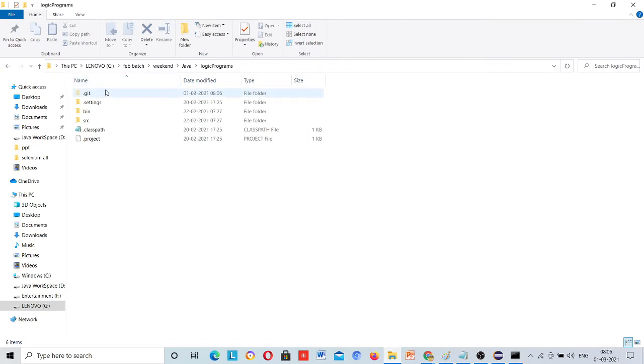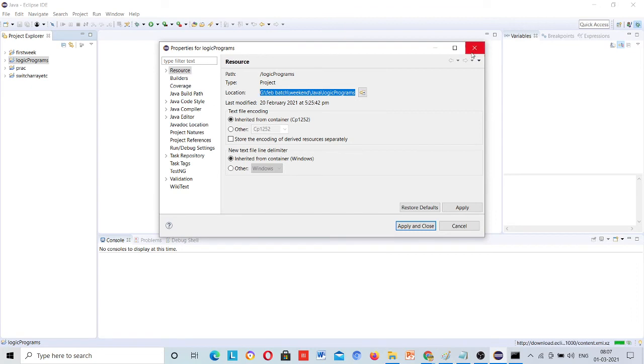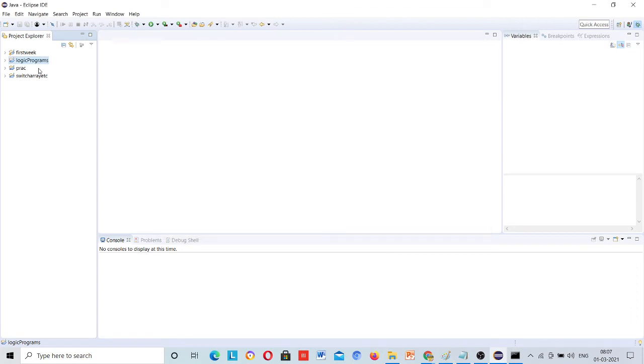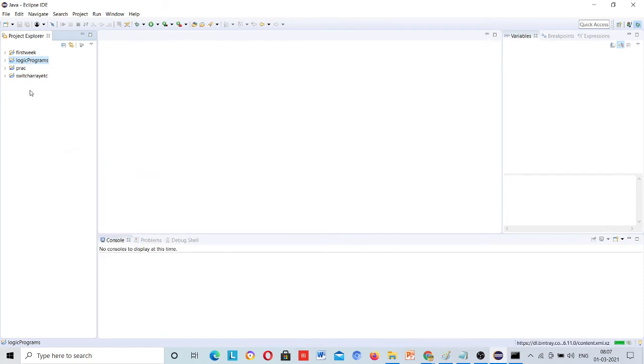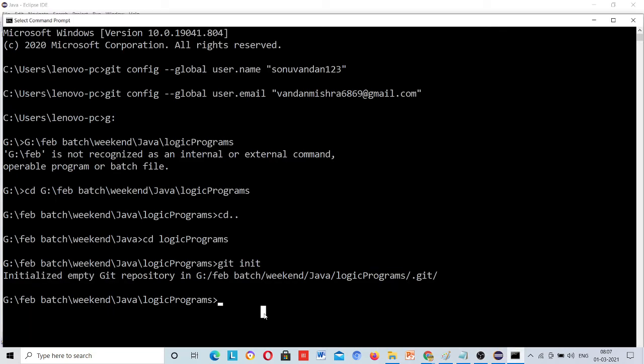You can see this .git folder present here now, along with the files that are present. Now git can communicate with your system. You don't need to refresh. My code, whatever I have written, is everything present here. So I have just initialized git.